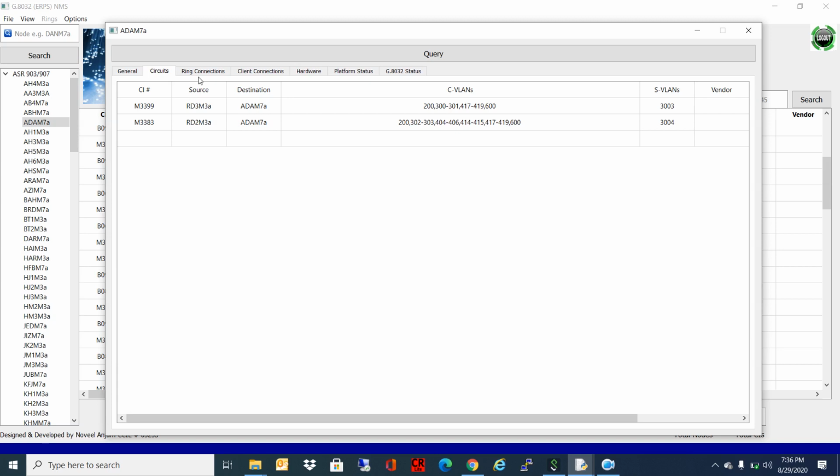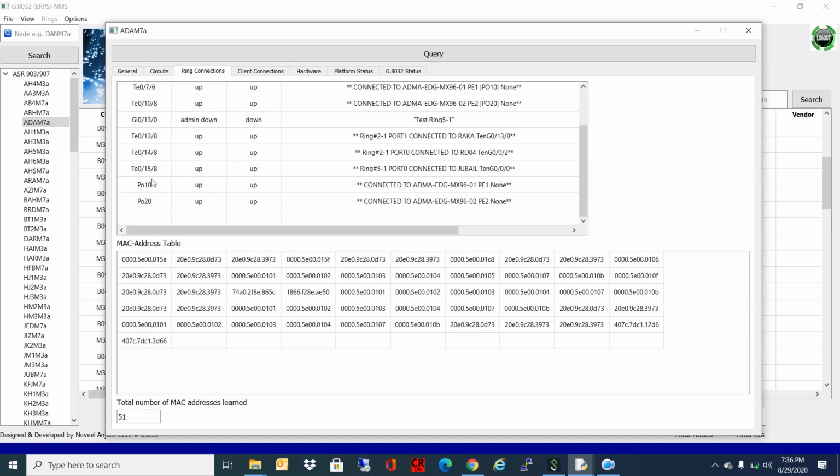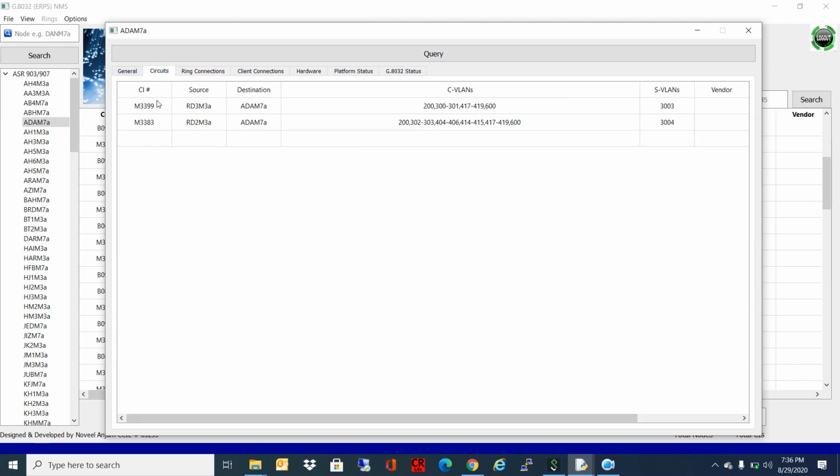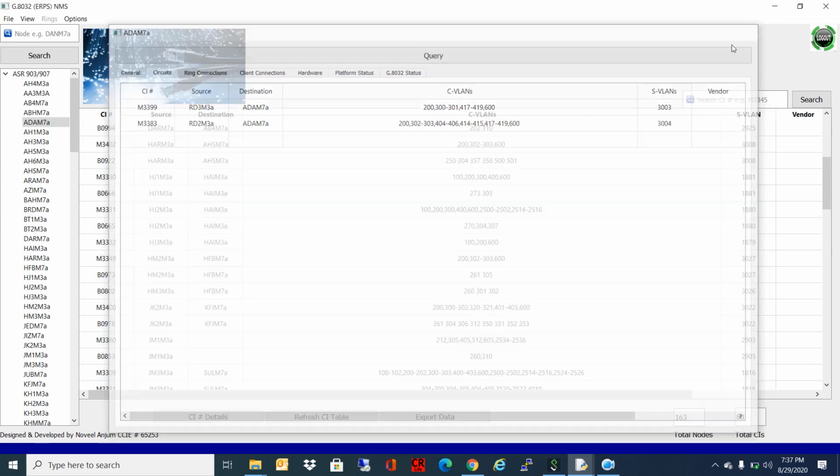So they are using the port channels, port channel 10 and 20. So I have displayed the CI. I have calculated all the CIs for the hub sites which are displayed over here. So this is the whole information about this system.